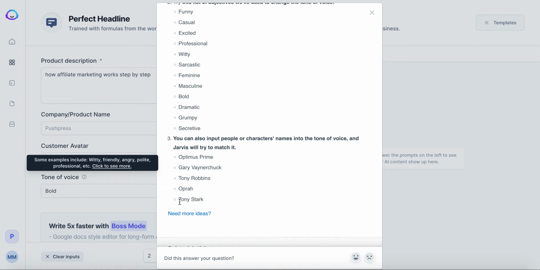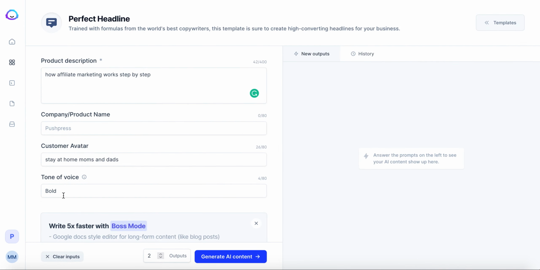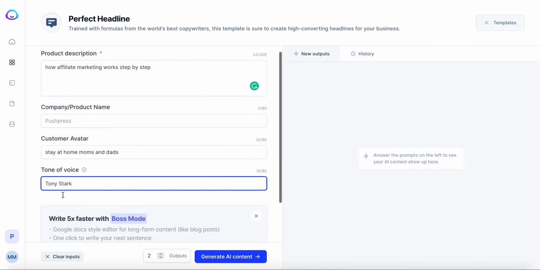Oh, I like Tony Stark. So I'm going to go ahead and type in. I'm just going to go here. I'm going to select this, and I'm going to do a Control-C, or Command-C if you have a Mac. And then I'm going to click out of there, and I'm going to paste it in here. So once you get that done,